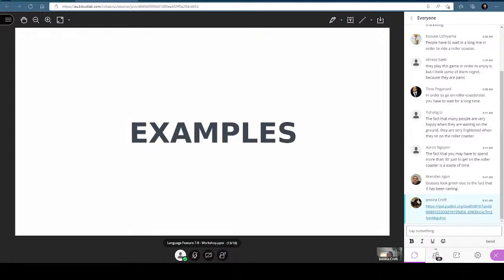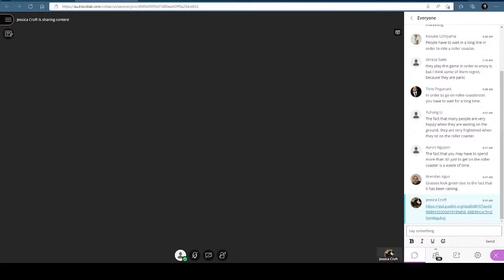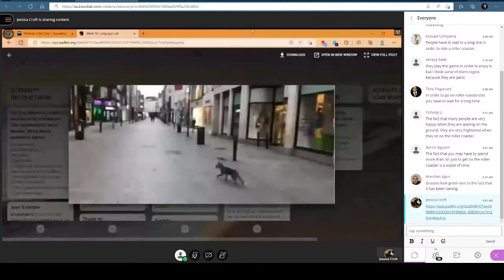So that is, back to the Padlet, our activity 2. So I have a picture for you. We have this cute little fox running around Dublin. We found out it was Dublin. I had to go looking for the picture with the reverse Google search. And we found out it's in Dublin. The fox was running around during the COVID lockdowns.